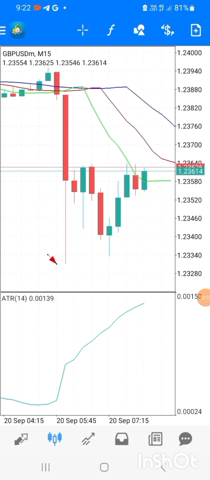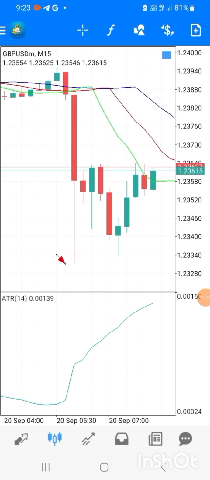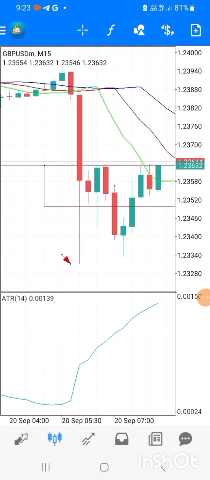So what we have to do right now is we can mark out our demand zone. Say we can mark out say our demand zone, right? So this area has been respected for some time now. The market has been consolidating. Okay, so